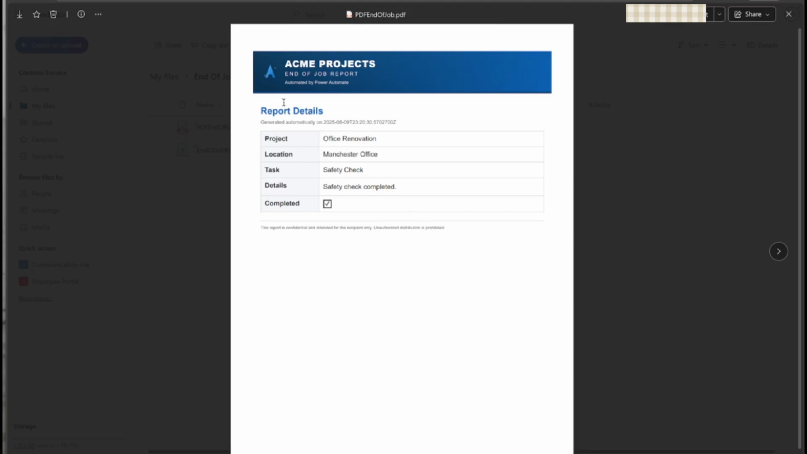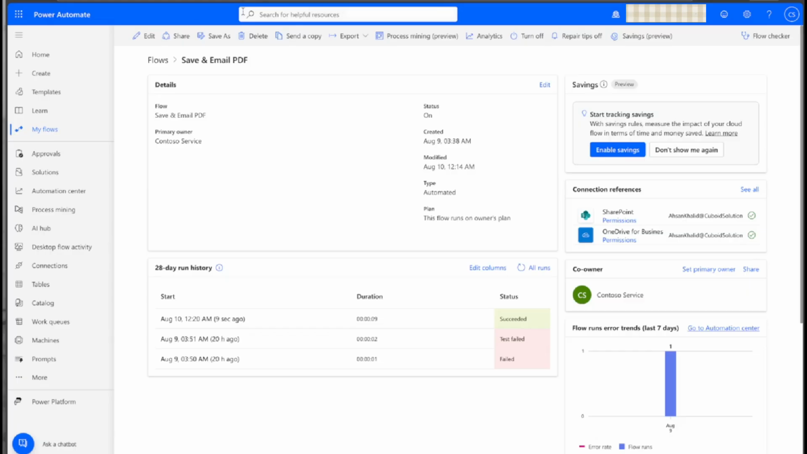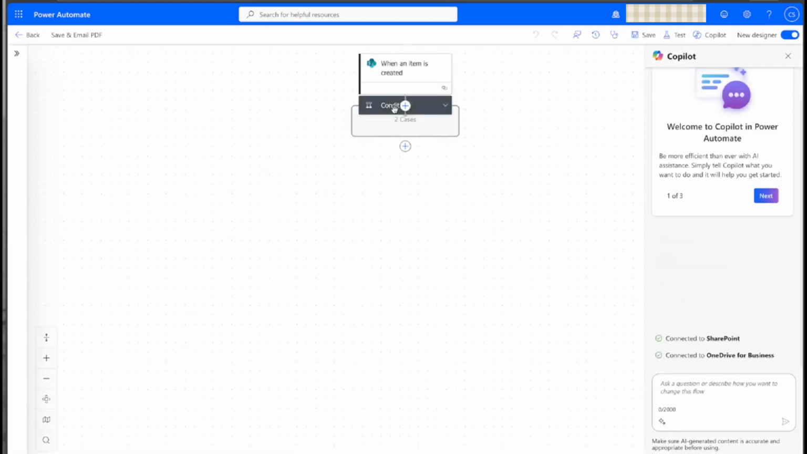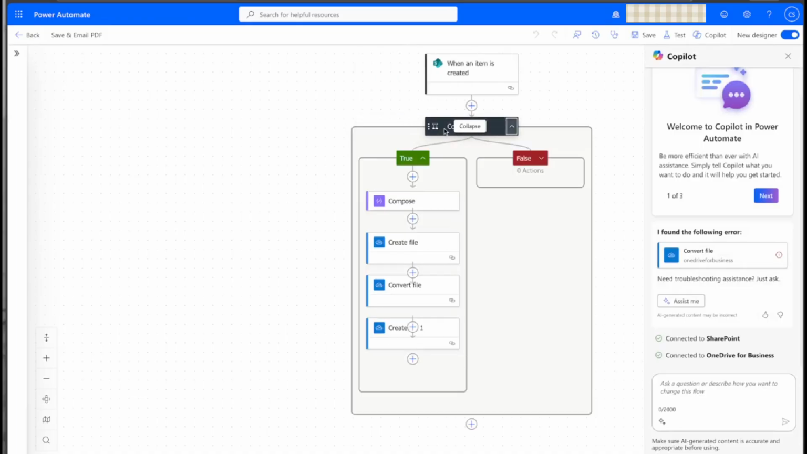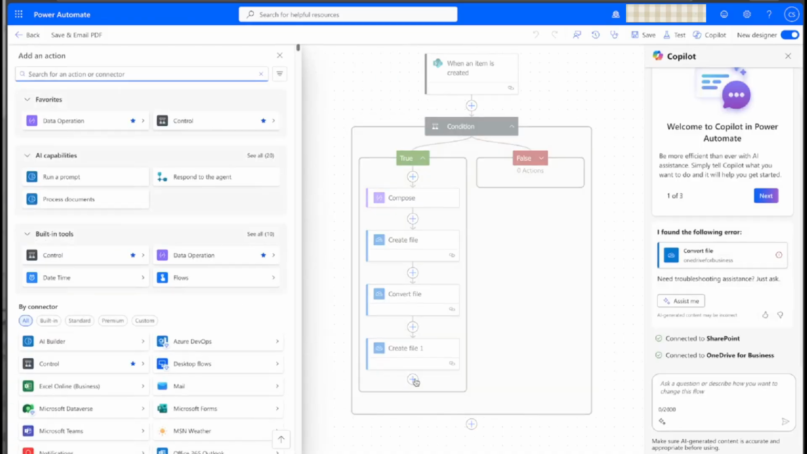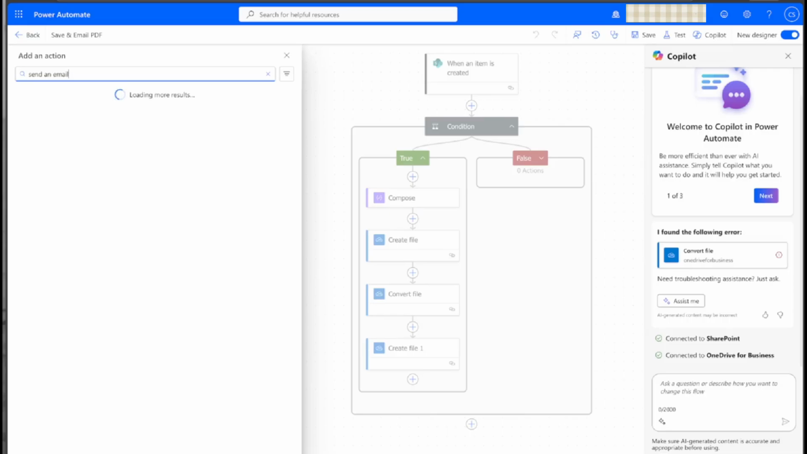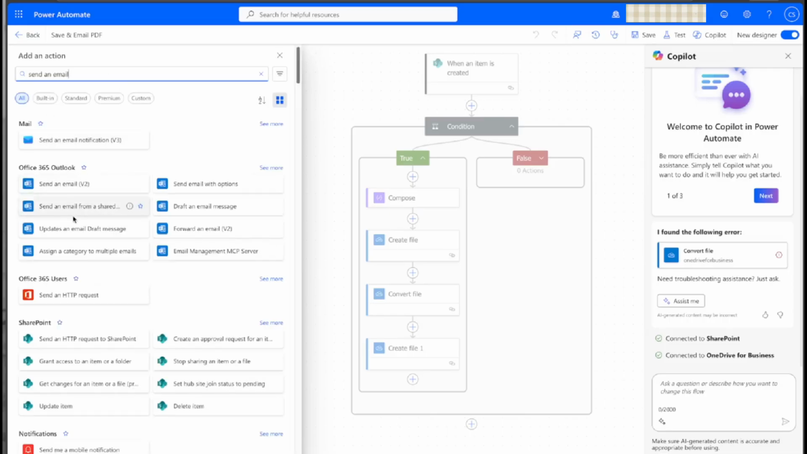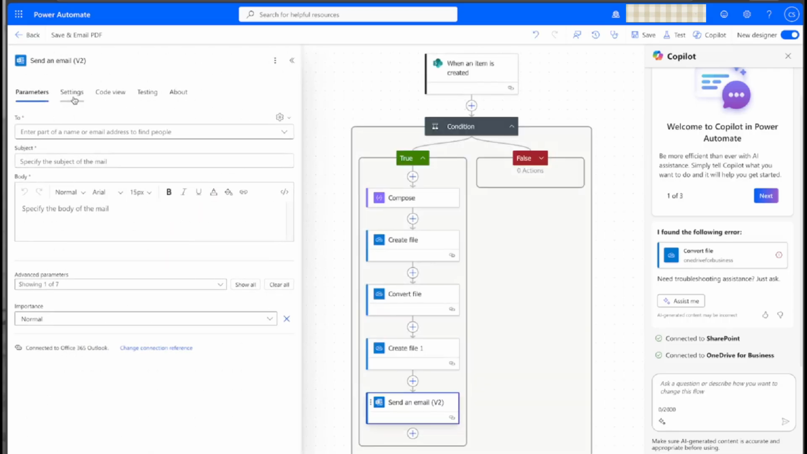Now if we are to extend this logic in Power Automate, and we want to send this as an email, we can also do that. So what we need for that is send an email action, and then again something would be end of job report, and the text will be,